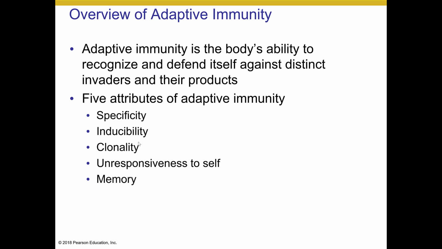Your body and our bodies, all of our bodies have components in our adaptive immune system designed to respond specifically to chickenpox virus. But we might only have, let's say, 10 immune cells at birth that are designed to respond to that virus. And so if you never are exposed to that virus, you will never use those specific immune cells. But if you are exposed to that virus, now we have a specific adaptive immune response using those specific 10 adaptive immunity cells that are designed to respond to the chickenpox virus. They will be induced to respond. That's where inducibility